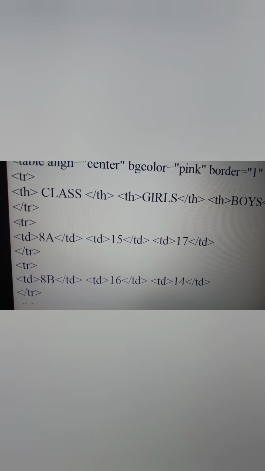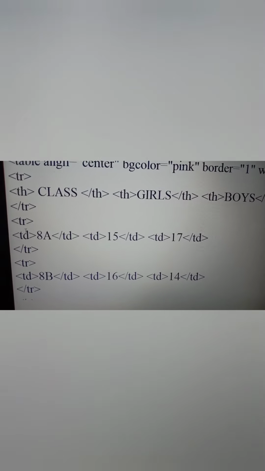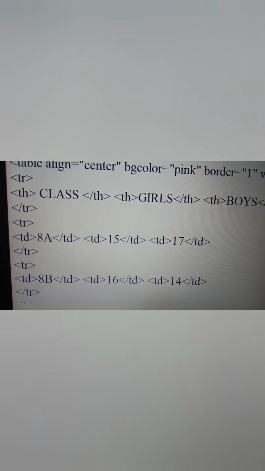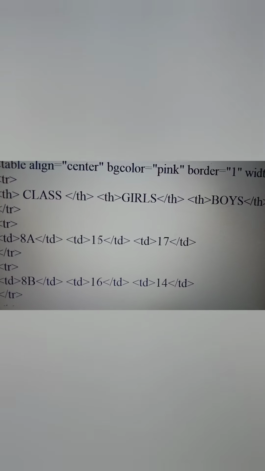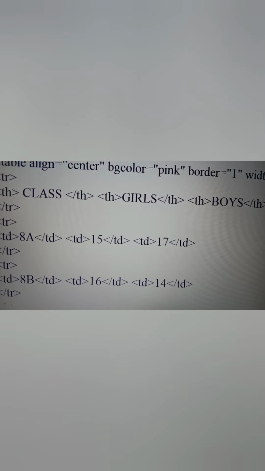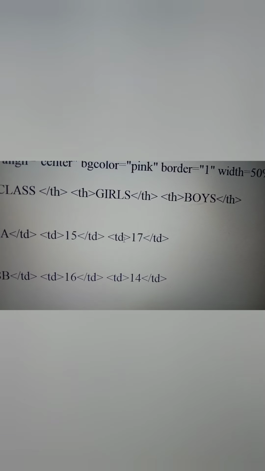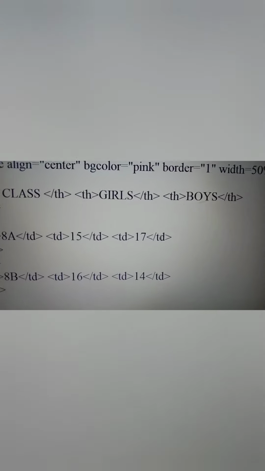Now for the second row again I have to open the tr tag. Now our heading is over. Now we have to enter data inside the cell. In the second row I have to enter the data. So for the first cell I am giving data as 8a. So I have to use the td pair of tags for entering the data in the cell, okay. So open the td tag, then 8a, then close the td tag. Then my next data for the next cell is 15. So I have opened the td, then enter 15 and close the td tag. Then again I have opened the td tag, then enter the value and close the td tag, okay.